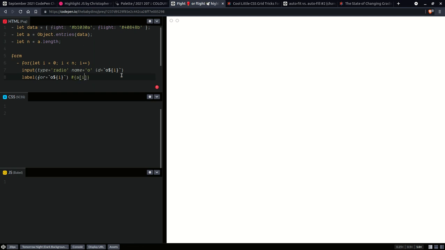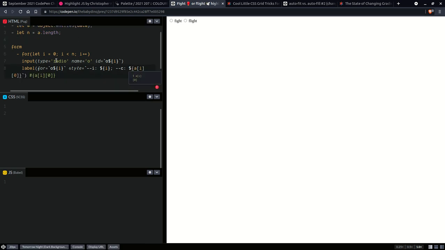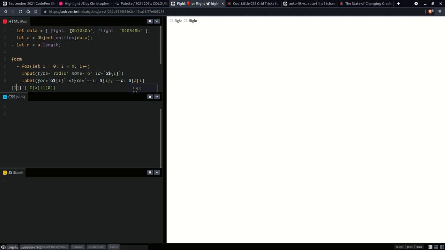So at index 0 we're going to have the key, at index 1 we're going to have the value. Okay, so we can take this and then right here in a style attribute we are going to pass the loop index to the CSS as a custom property, and we're also going to pass that color, which is the value. So it's going to be at index 1 because, as I said, the key is index 0, the value is index 1. And one tiny little thing, we're going to have a heading,